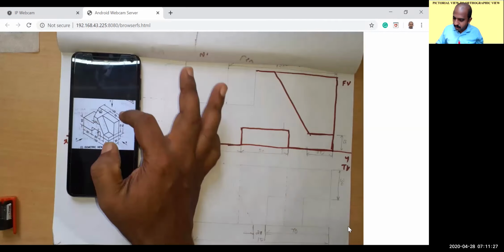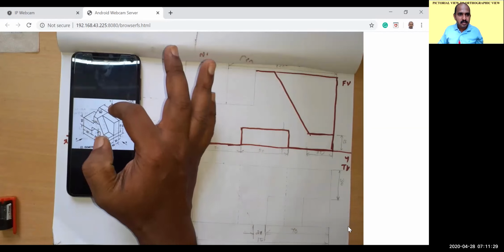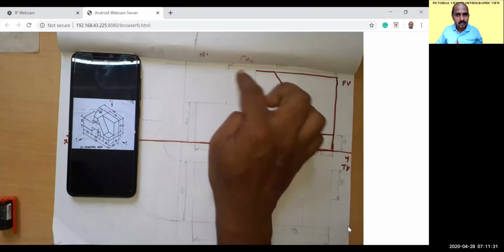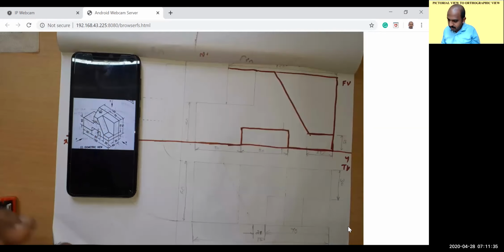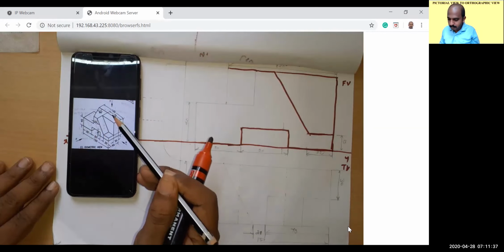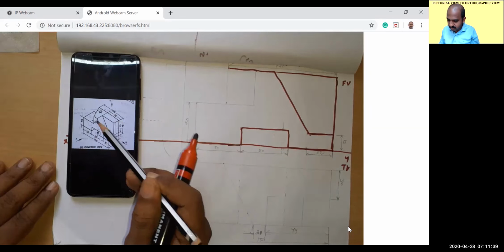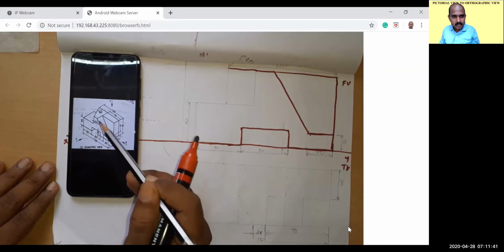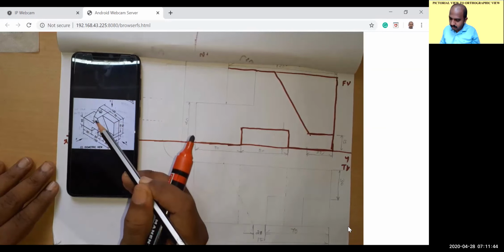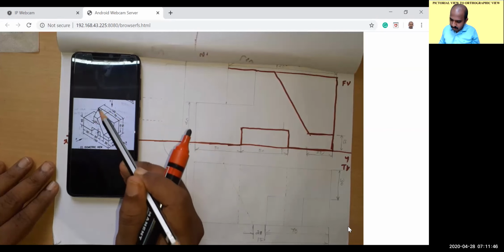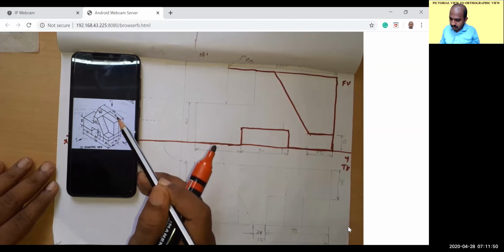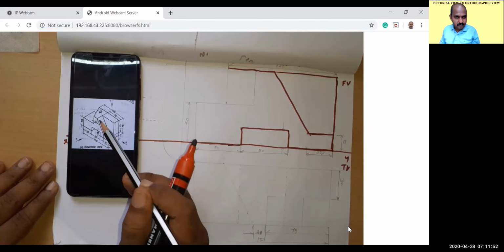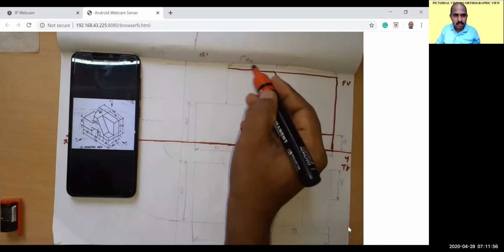But at the back you have 120. So the remaining 30, this 30 is there. Once again, this 70 length plus 20. When you are looking from this direction, 70 plus 20 is 90. Then what is the total? This is inclined. So we get 120 minus 90, which is 30. So that length you are marking here.